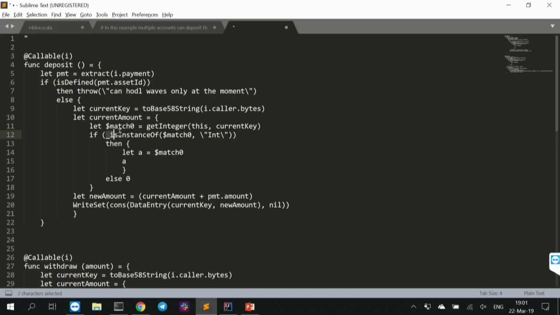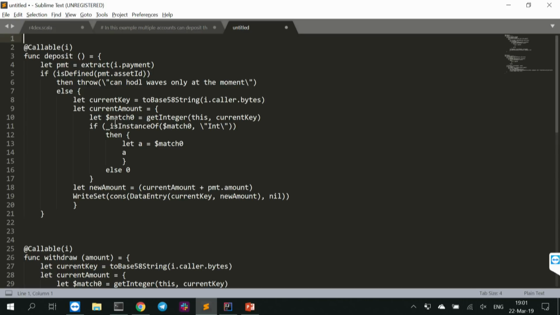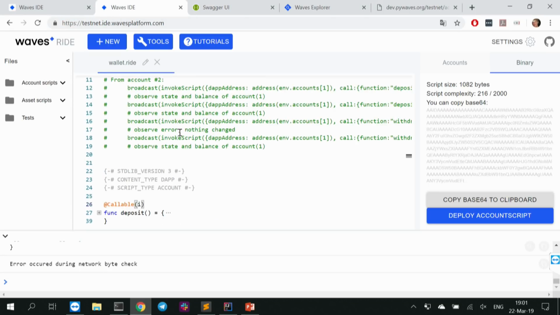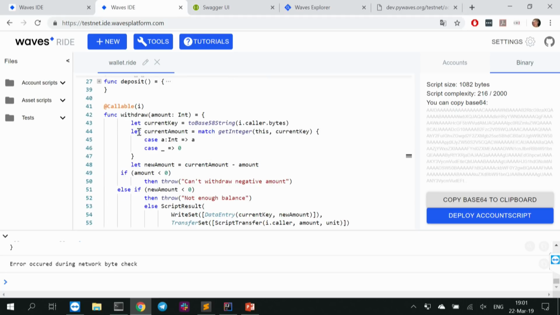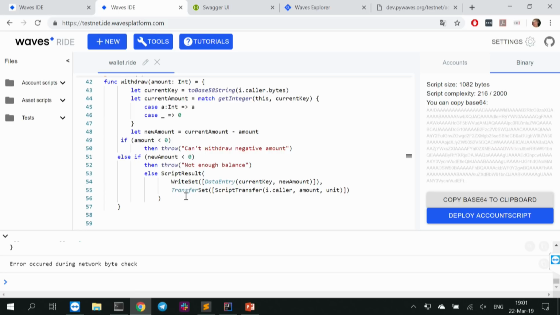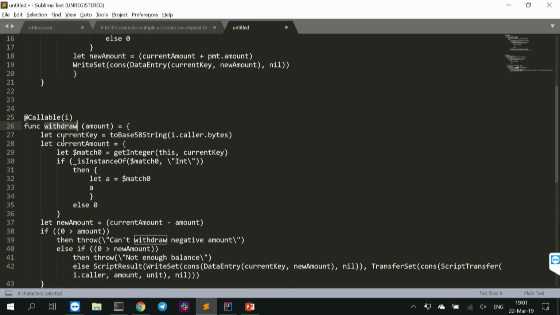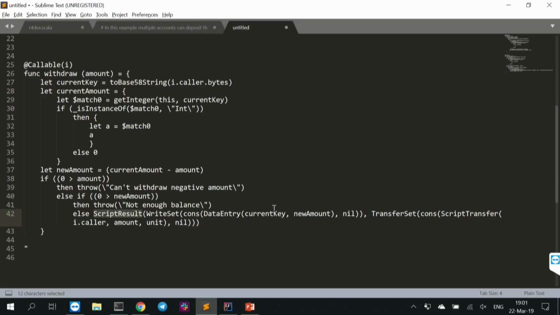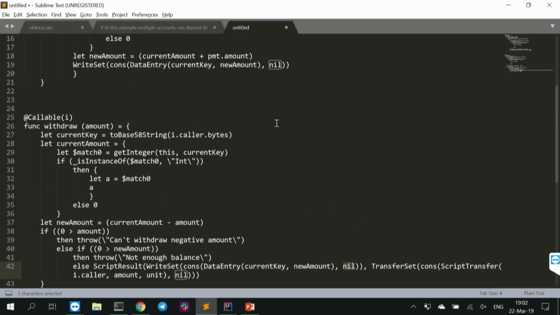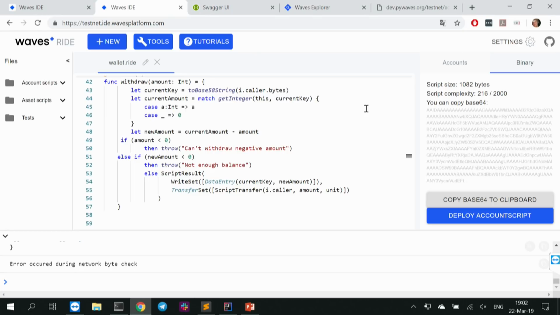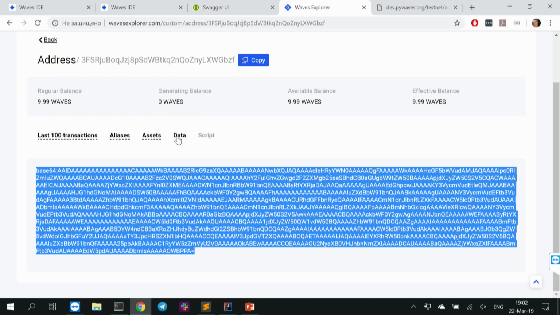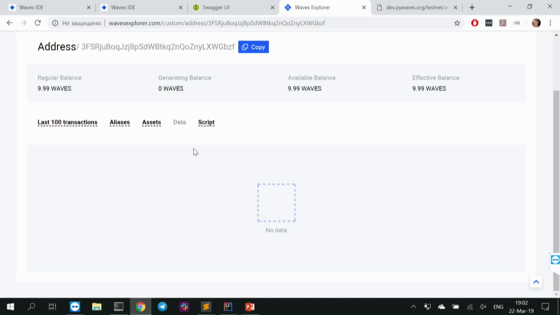Maybe it's a bit different, but you can still get the old idea of the contract that we initially wrote. It's readable at least. So two functions, deposit and withdraw, with extracting amount and returning script set. There are auxiliary things here, but it's not really a problem. You can still get the whole idea of what's happening. Okay, so the script is there now, and there is no data associated with this account.